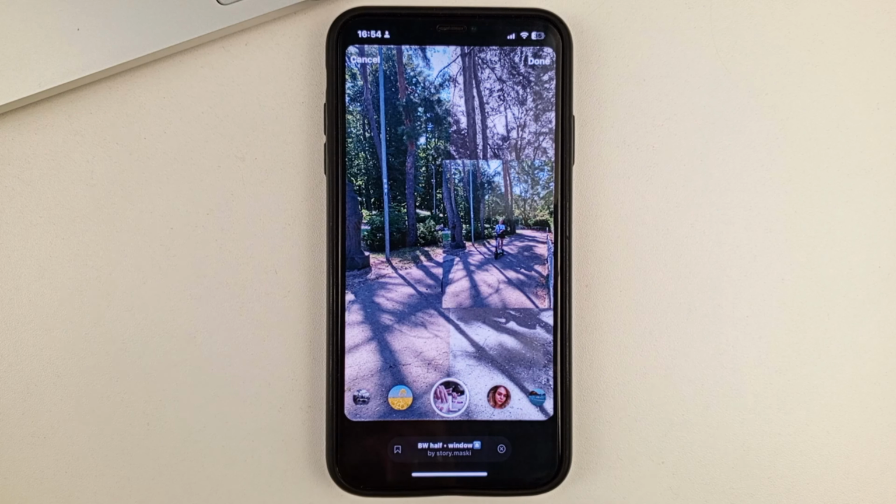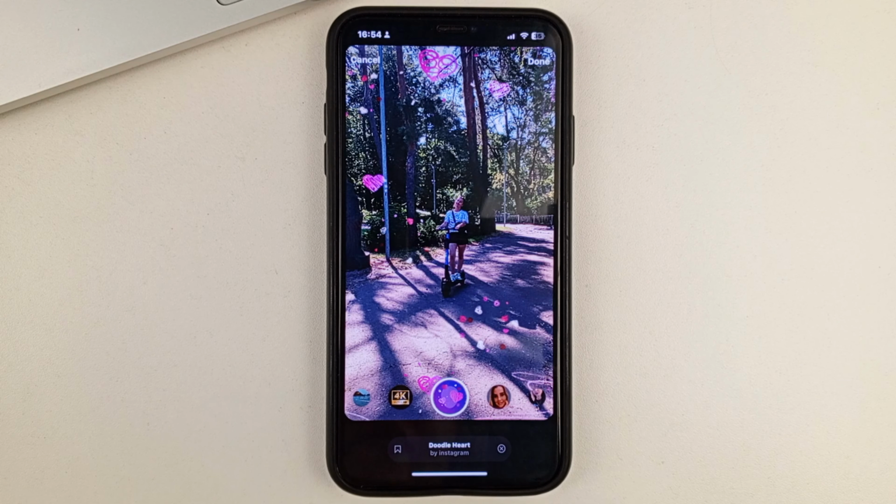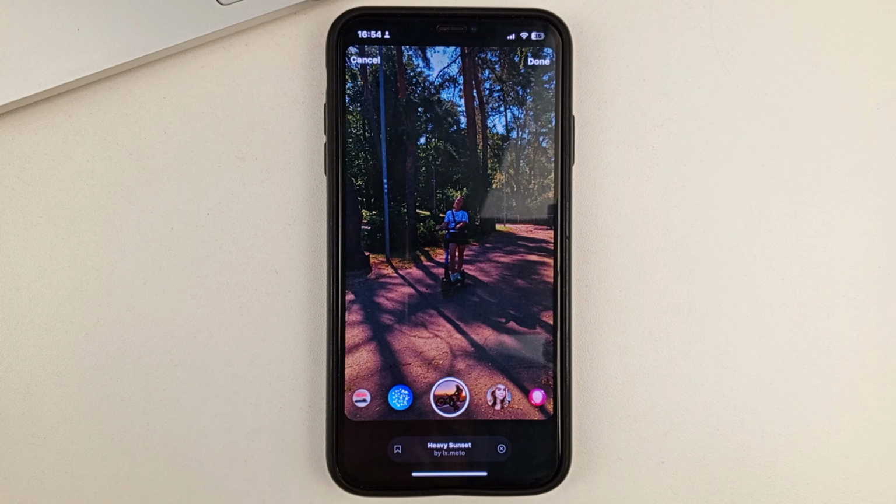But I'll tell you right away, you can apply either the effects that you've saved in advance, let's say on your Instagram camera, or they will be the most popular effects, the most basic ones for Instagram. So, unfortunately, you won't be able to find the effect that you want in this way.